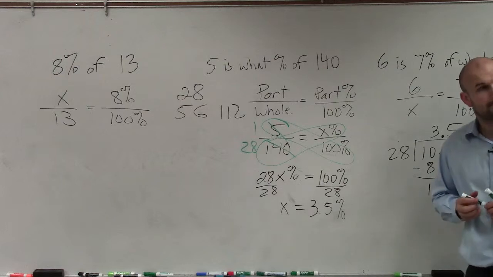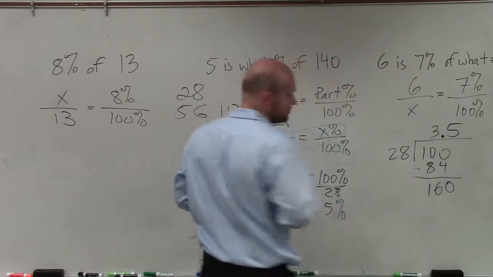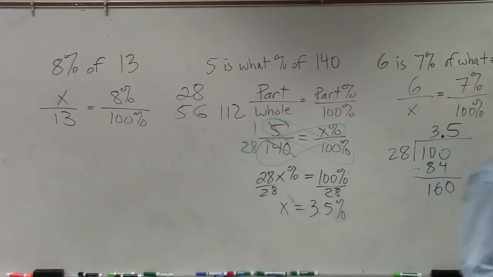I'm sorry? No? You're good? 5 over 140 is 3.5%. Because you're trying to find the x, you divide by 28, so you can have the x on its own. Why'd you just stop at 3.5? Because that's all I'm going to ask of you to go through. Why am I dividing by 28? It makes more sense. Should you explain it? The last thing you guys need to understand